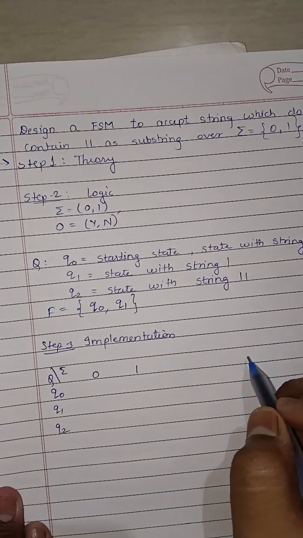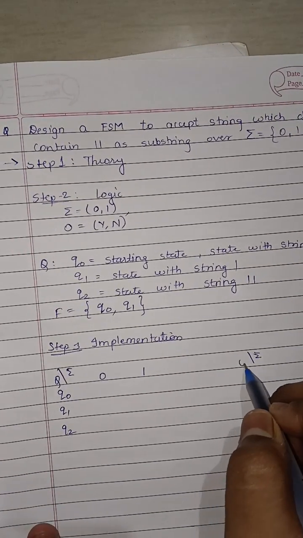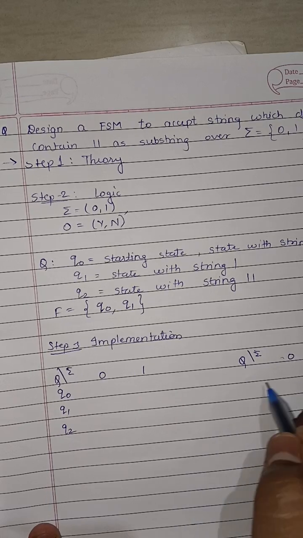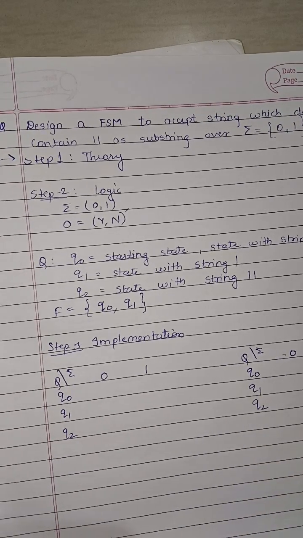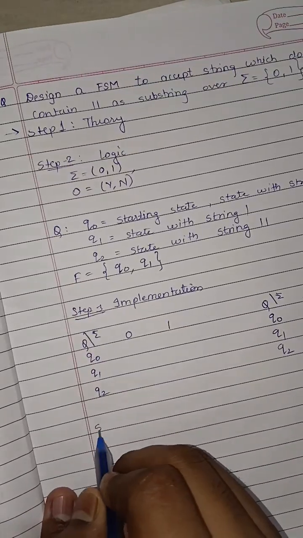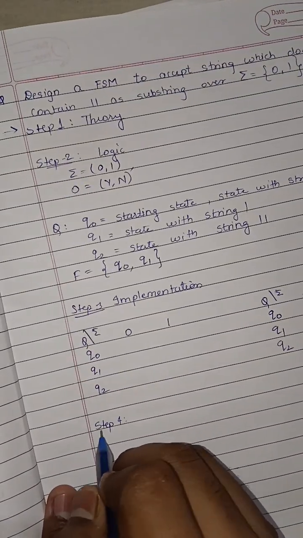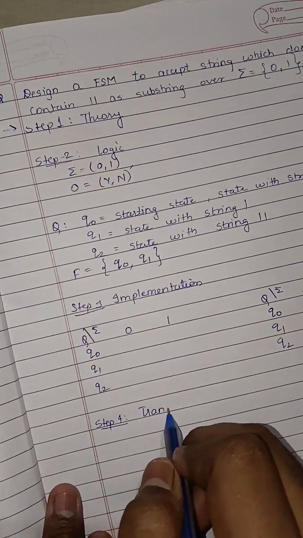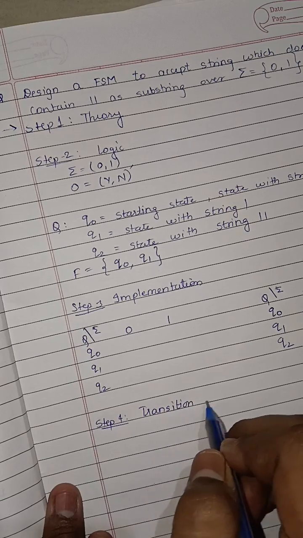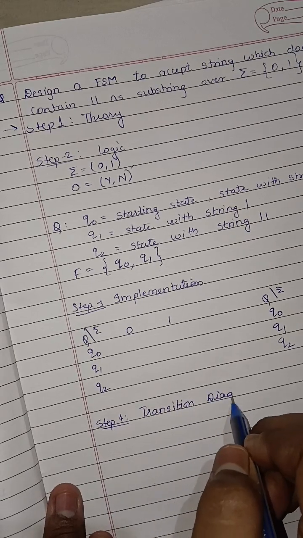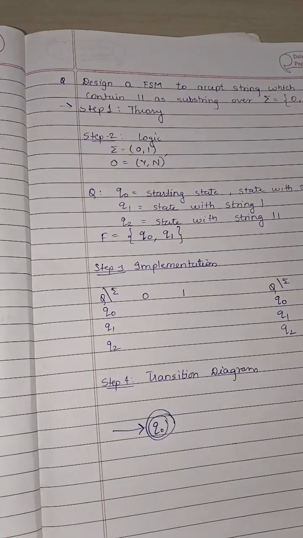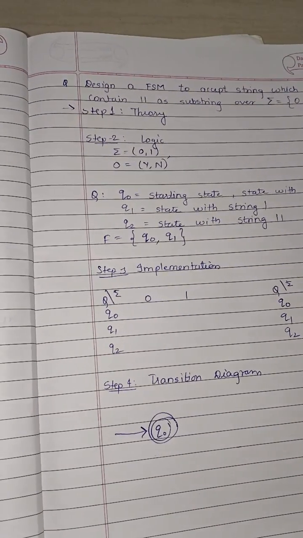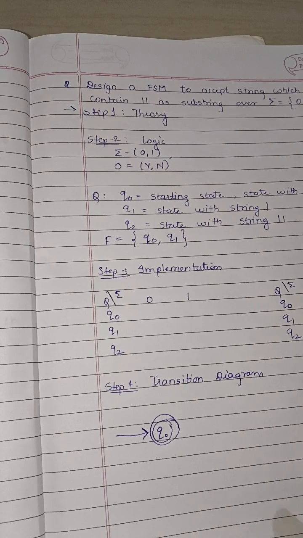And the same I will make for the machine function table: 0, 1, Q0, Q1, Q2. Step 4 is the transition diagram. Since Q0 is our starting state as well as a final state, I will mark Q0